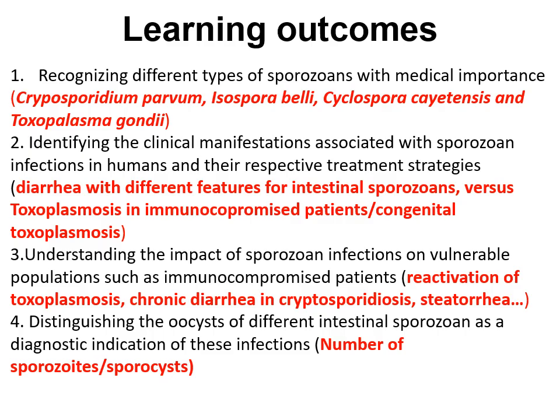We discussed also Isospora belli, its related steatorrhea and tissue damage in immunocompromised patients. We then talked about the features of oocyst of different intestinal sporozoan, and we clearly mentioned what is an oocyst, what is a sporocyst, and what is a sporozoite. We mentioned the number of sporozoites in each oocyst and the sporocyst if they exist in terms of Isospora and Cyclospora cayetanensis.